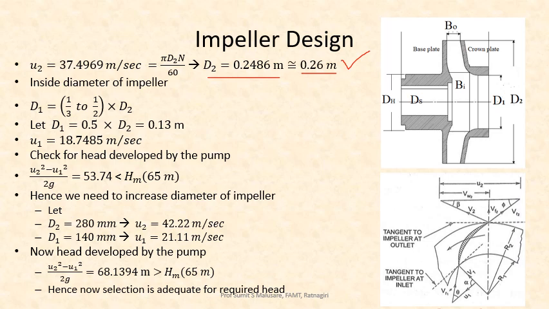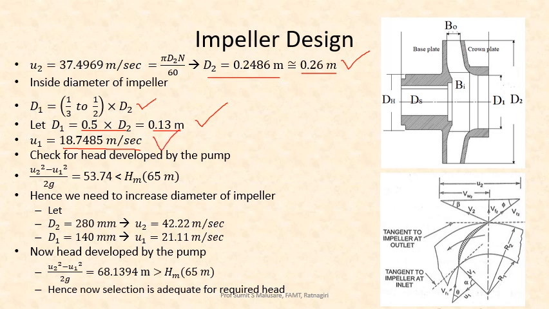This is the outside diameter of the impeller. Now for the inside diameter of the impeller, again certain assumptions were made. So diameter d1, that is the inside diameter of the impeller, can be taken as one third, that is 0.33 to 0.5 times the outer diameter. For simplicity I have considered just half of it, that is 0.5 times diameter d2, so that comes out to be 0.13 meters. From this I have calculated the value of u1, pi into d1 into n divided by 60, and that comes out to be